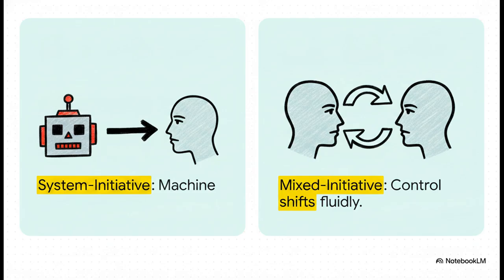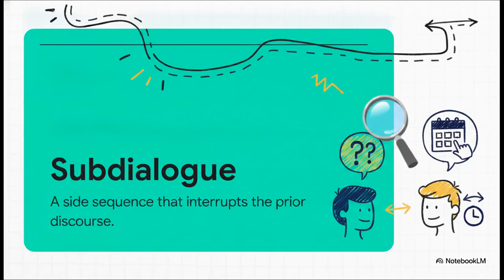I might ask you a question, and instead of answering, you ask me to clarify something totally different. We call these little detours subdialogues or side sequences. They completely interrupt the flow. Going back to our travel agent, say the agent asks about return flights on the 15th, and the client suddenly blurts out, "Actually, what day of the week is the 15th?" Bam, complete detour. But a human agent effortlessly answers that side question, realizes the client wants to switch to a Sunday flight, and just smoothly steers right back to the main goal.